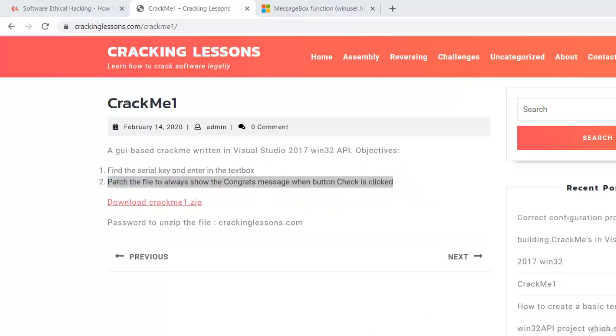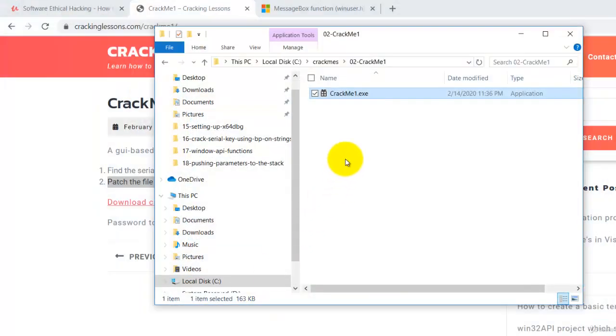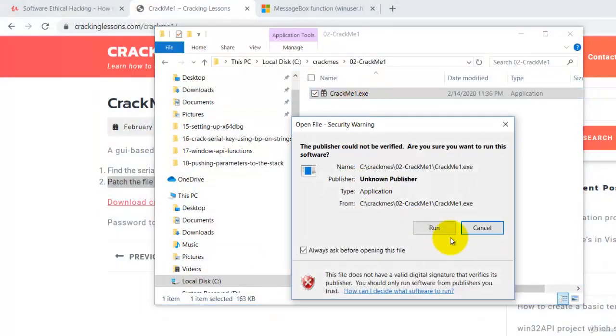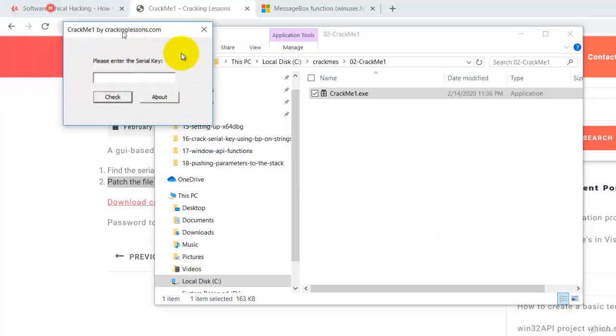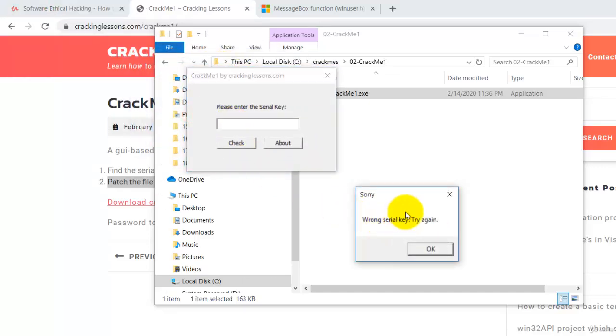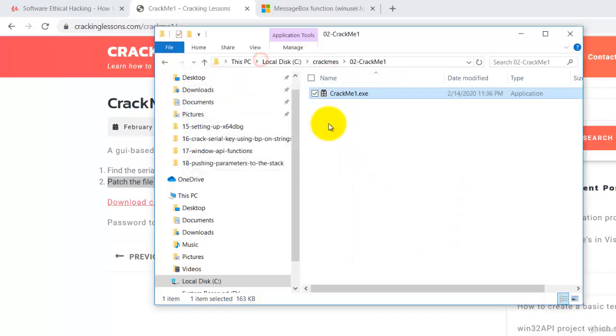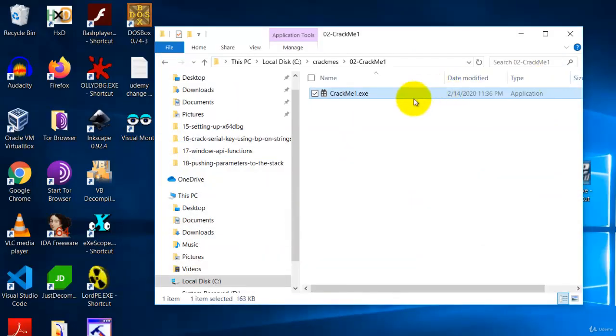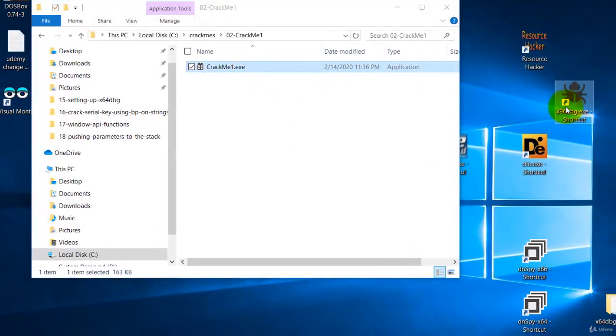So what that means is, for this Crack Me, whenever we click on the check button, it doesn't matter whatever you key in, it has to show the congrats message. That is the objective. So we are going to learn how to patch it in this lesson. Let's get started. So let's open this Crack Me with x64dbg